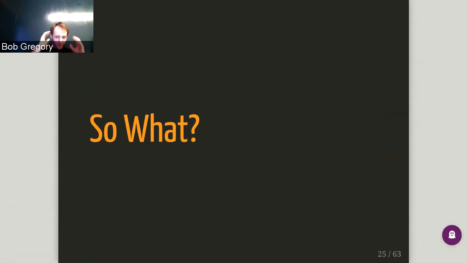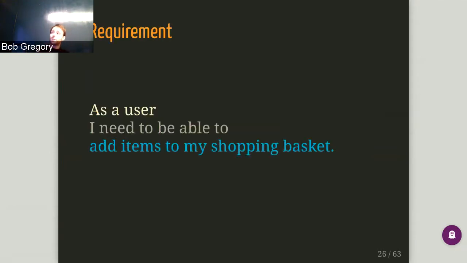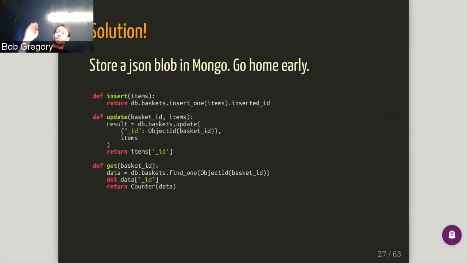So you get your headphones back on, you're like, hack, hack, hack, hack, hack. And 25 minutes later, you've got a working shopping cart where we store our state as a JSON blob in Mongo, because Mongo is awesome and it scales forever and everybody loves it, right? So this is super simple. It takes 20 minutes to knock up. Everything's great. And the e-commerce site does really well, and your boss is really pleased with you, although he continues to call you Bob, and you get a promotion and a pay rise, and everything's brilliant